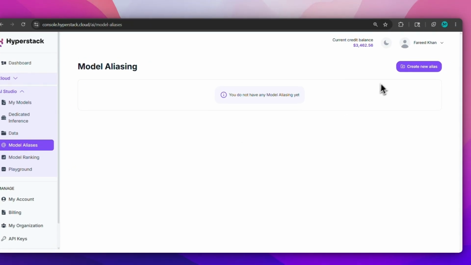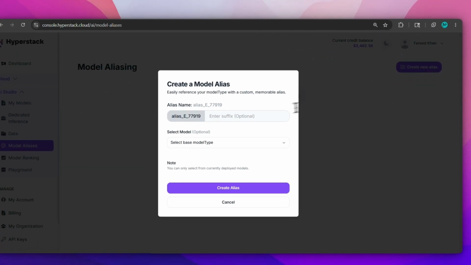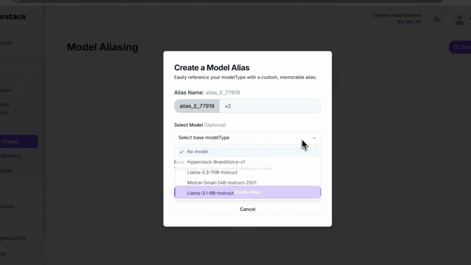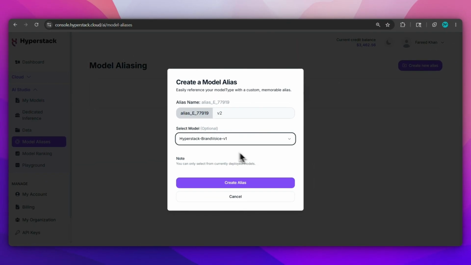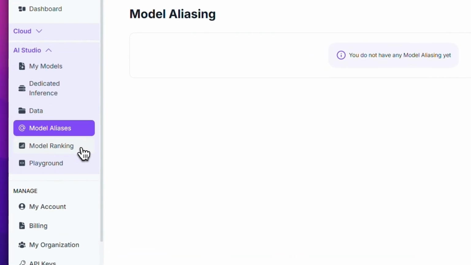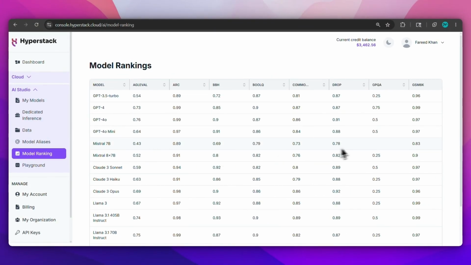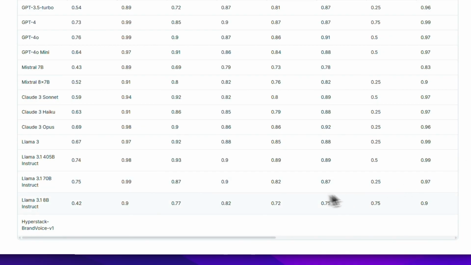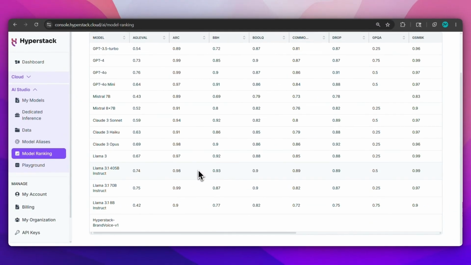When you have multiple trained models, you can assign them alias names based on their purpose or task. This helps keep everything organized and easy to manage. Model ranking lets you see how your trained model compares with other competitive models. It gives you a clear idea of where you stand and how much further you can improve as an AI engineer. This is a powerful feature that helps you continuously refine and enhance your models, and Hyperstack makes it easy